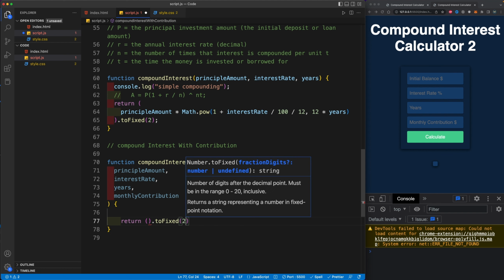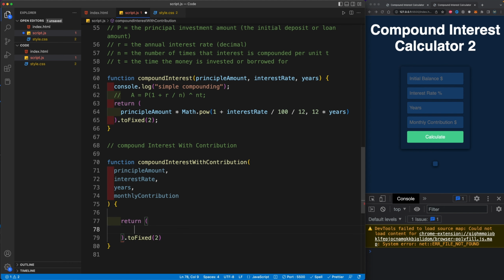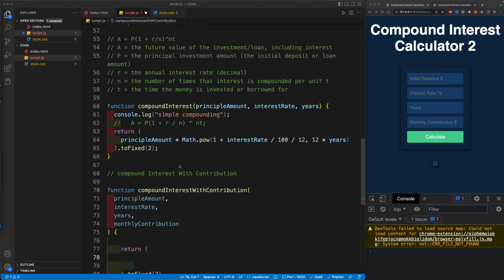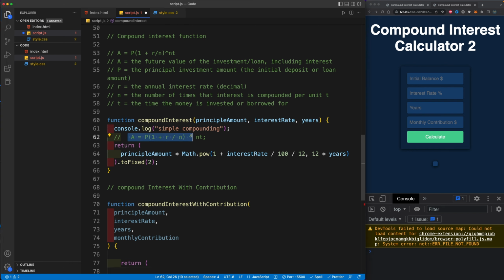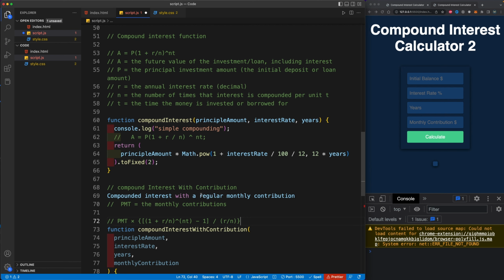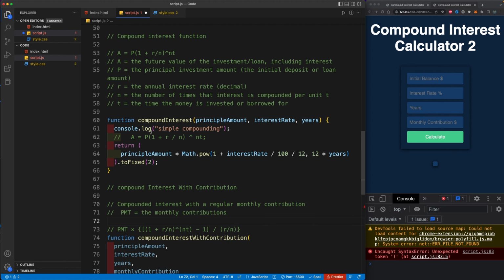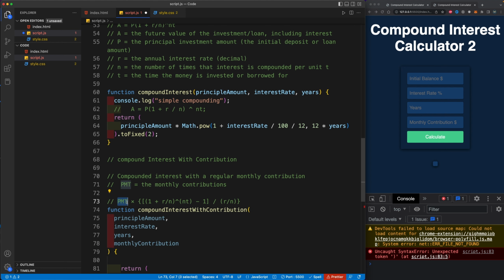So toFixed and 2. And within this parenthesis, let's pass in the formula for a compounded interest with the monthly contribution to it. Now, the formula is as follows. It starts out exactly as this. Let me actually paste it in here. So I'm going to copy and paste it in here. And the formula is as follows. It is exactly the same formula as we have up here, but after that, we add the monthly contribution, which is PMT, the monthly contribution,